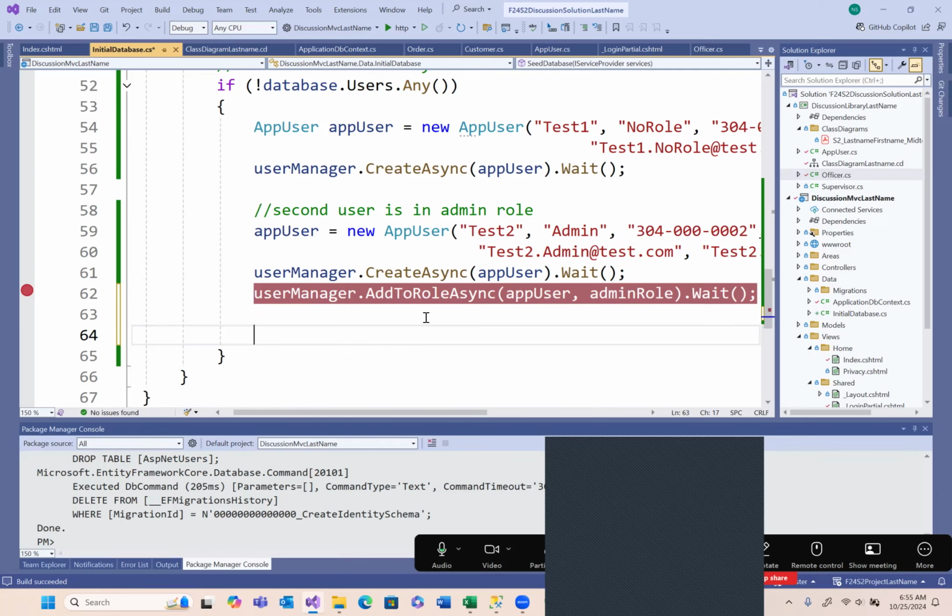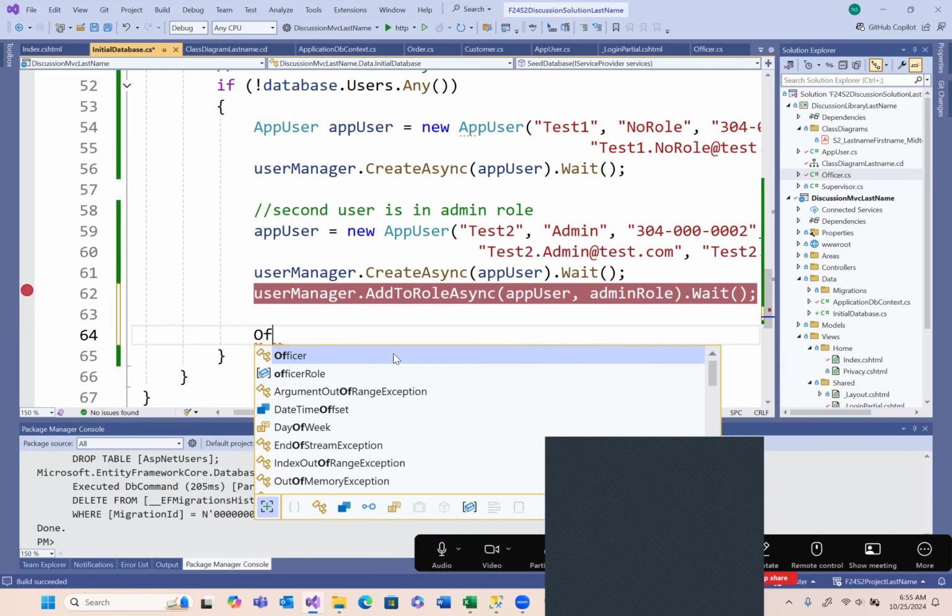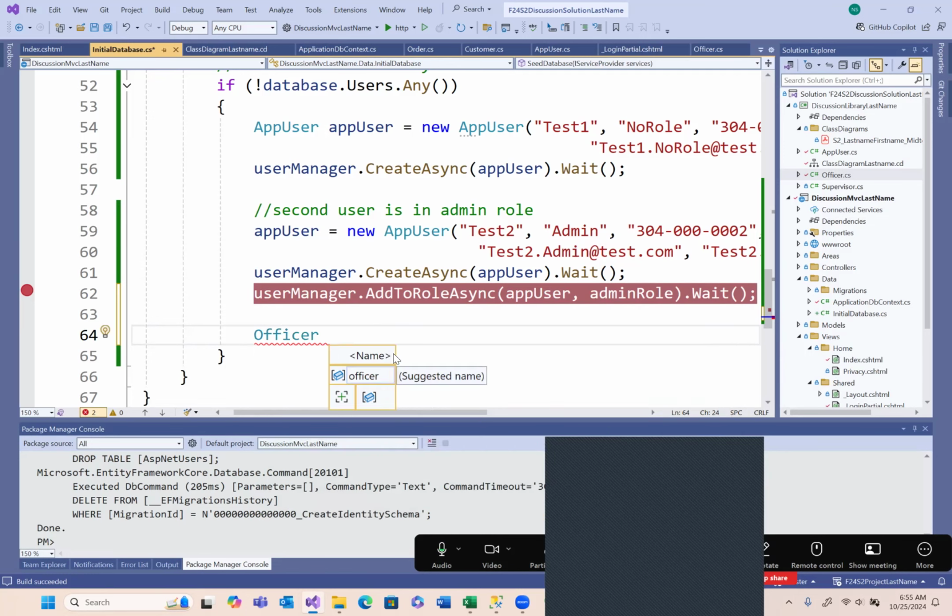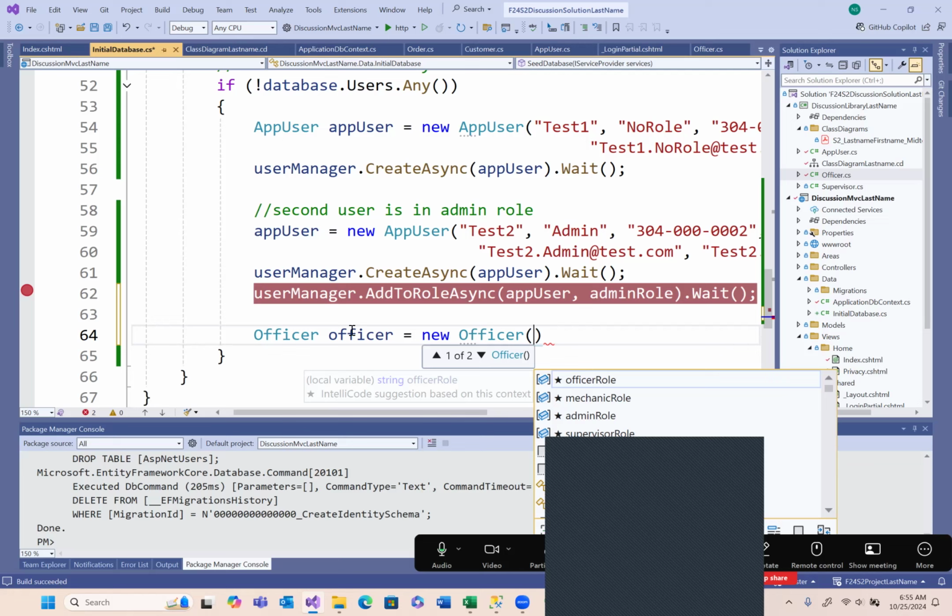By the way, if I want to create this as a child class object, I could create it as an app user, as a parent, and then store the child object in a variable of the parent. That is possible. We'll explore it maybe sometime in the next week. But for now, I'll just create a child object that's an officer and use the constructor that I just created,